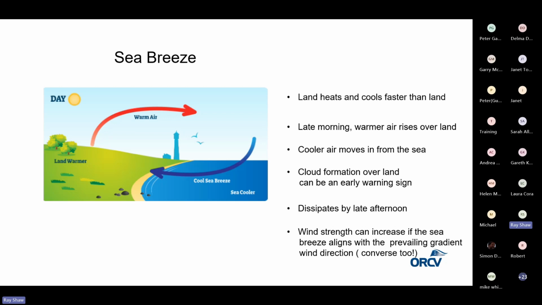As this air rises, you can often get cloud forming over the coast, so that can be an early telltale sign that you're getting some sea breeze. It usually runs out by later in the afternoon, and of course, if that sea breeze is in the same direction as the gradient wind, that is the prevailing wind from the pressure system, then of course you can get much stronger winds, and the converse can happen. So these sea breezes can be very important, certainly in bay sailing, but even in coastal sailing you can get these afternoon sea breezes that can have a significant effect on